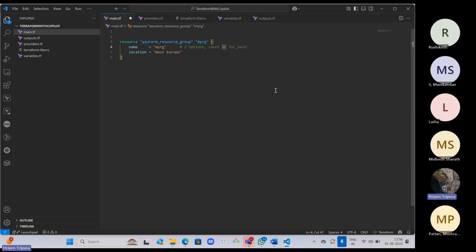Using count, what you need in your variable